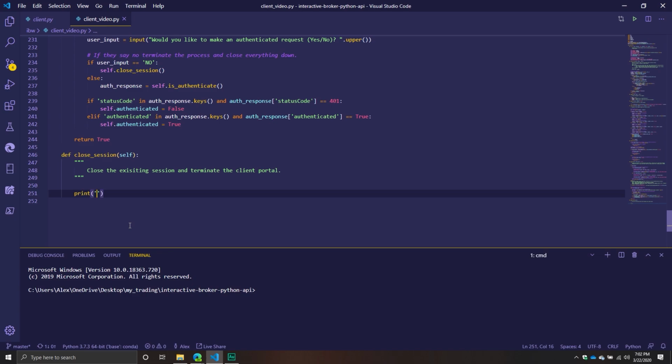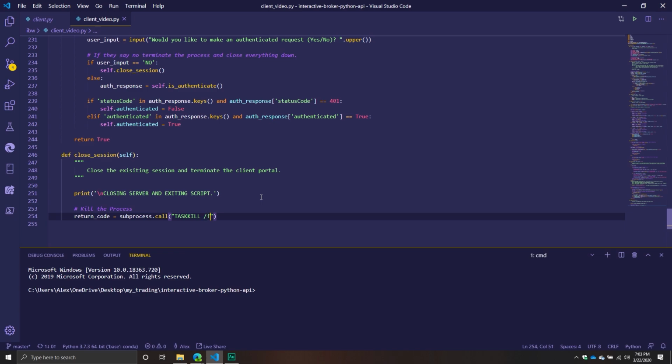So first, let's print some stuff out for the user. Print "closing server and exiting script." Bam. And then from here, first thing we're going to do is kill the process. So we're going to say return code equals subprocess.call, and then it's going to be taskkill, and then /PID. And then it's just the process ID, which is going to be, in this case,